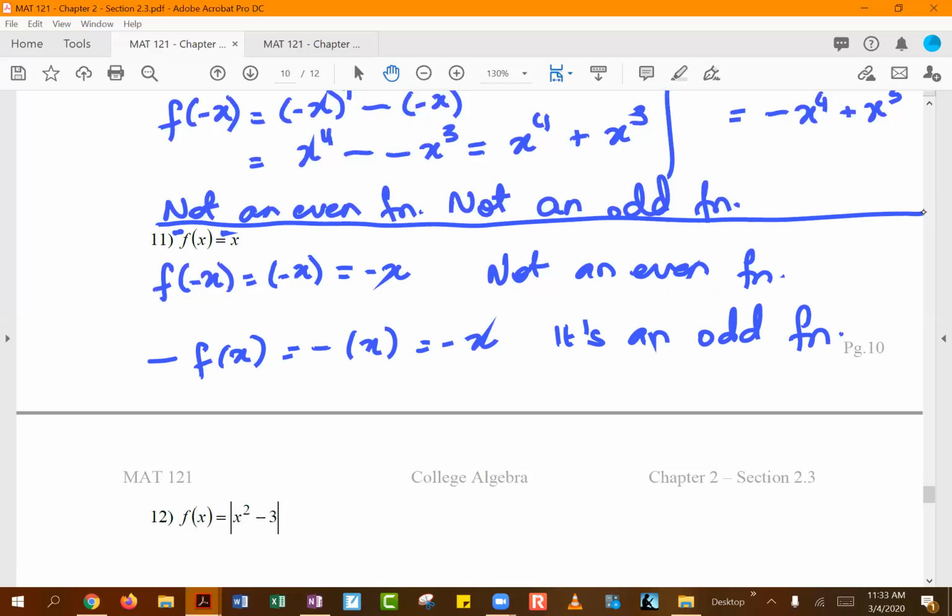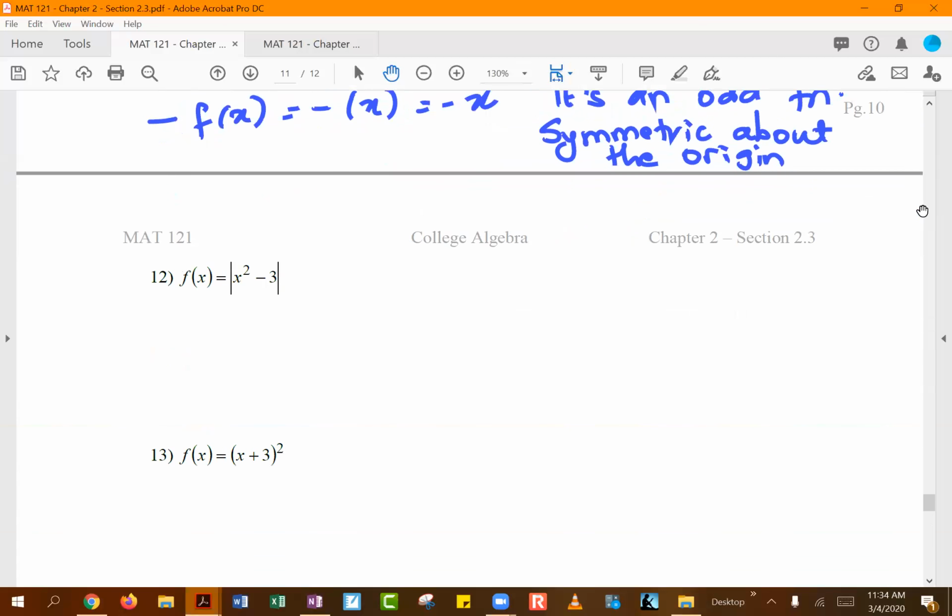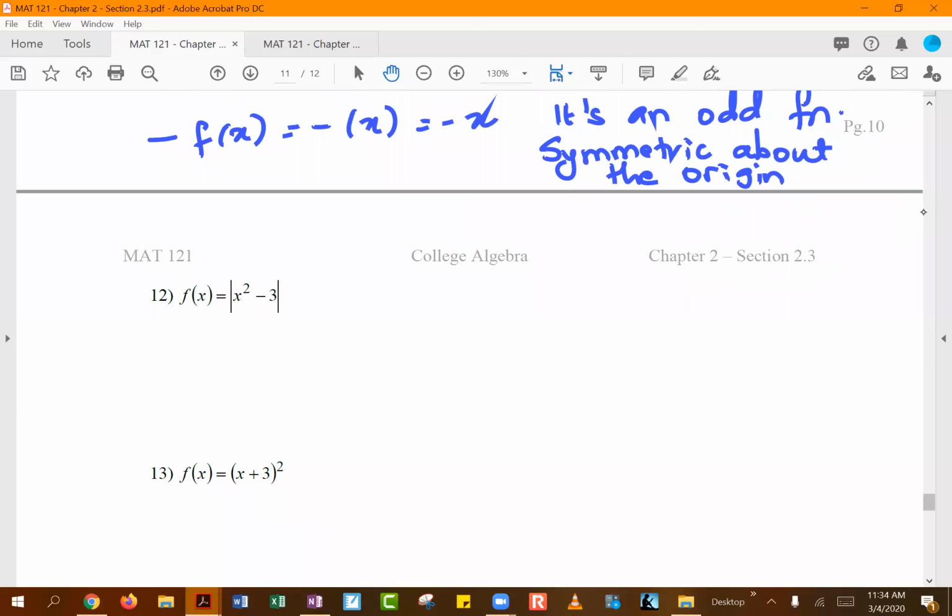Odd functions have symmetry about the origin. And the easiest way to remember is both odd and origin begin with O's. So they go together, O and O, okay? Which would leave even with the y-axis. Question on this guy? All right, let's check